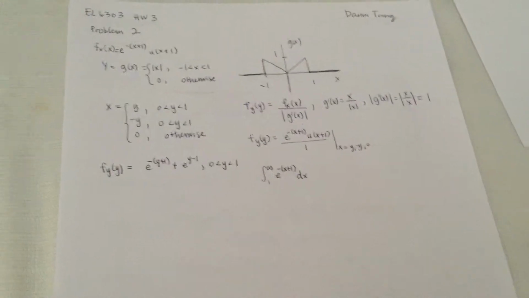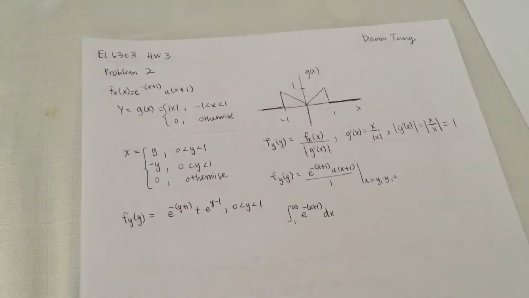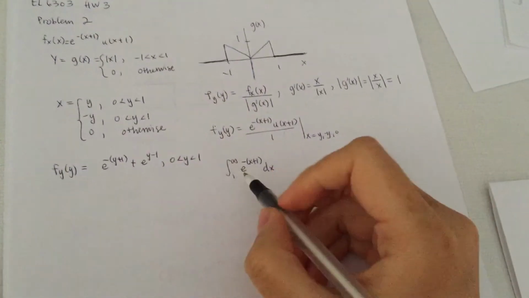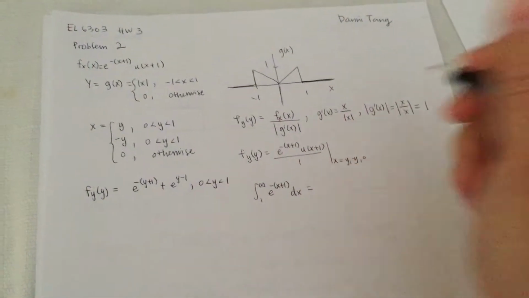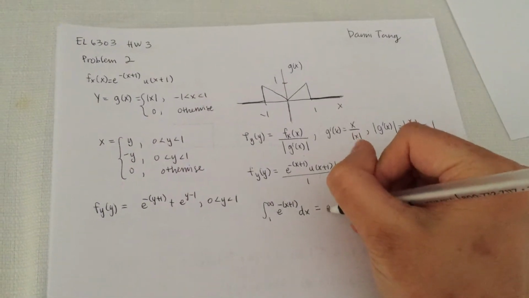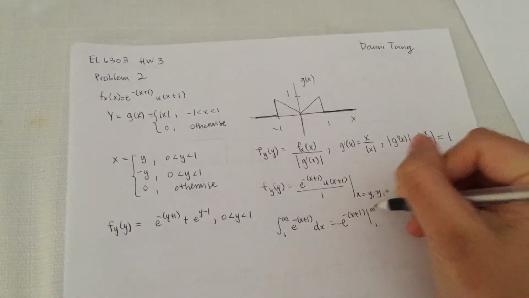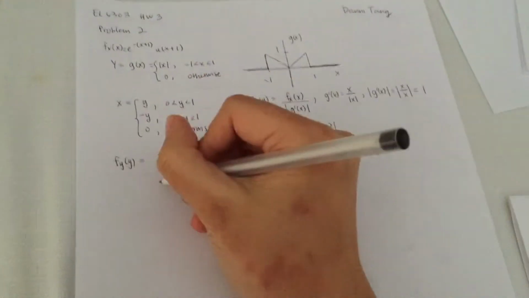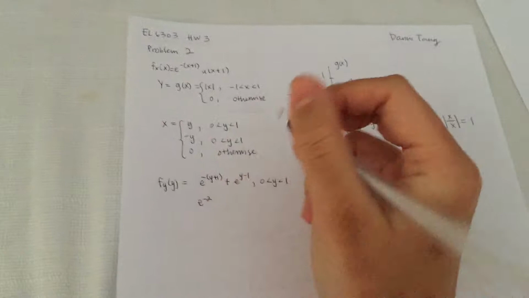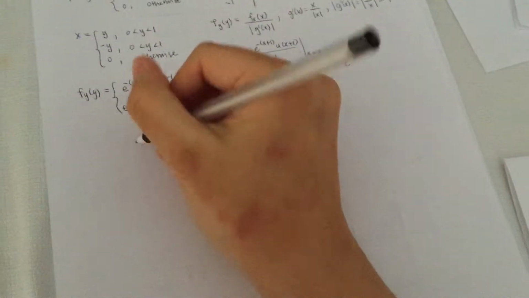As for y equals 0, we have to find the impulse function, which is the integral from 1 to infinity of the density function. And we actually get this equal to negative x plus 1, from 1 to infinity, which we then get to be e to negative 2. So now we can also write e to negative 2 when y is 0. So this is what we get for small f of y, and to graph it,